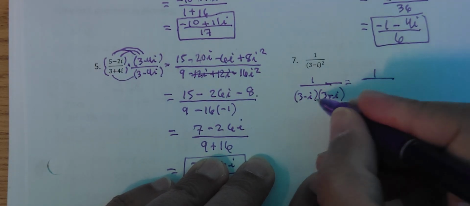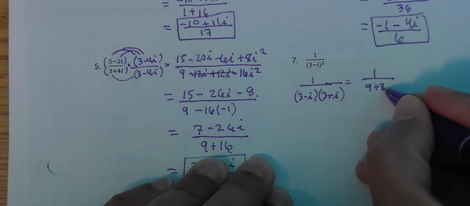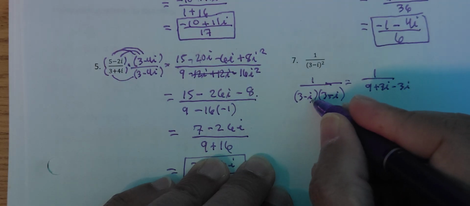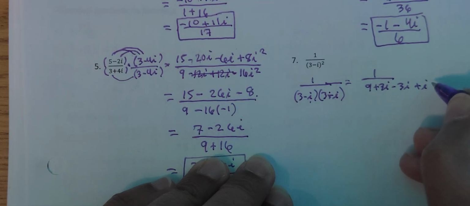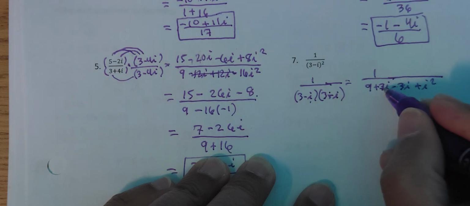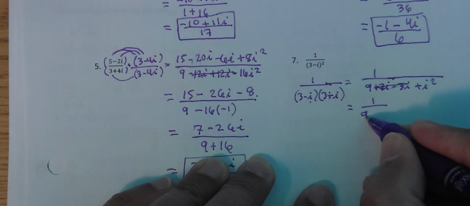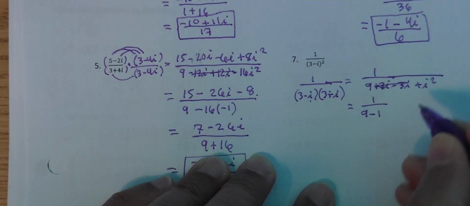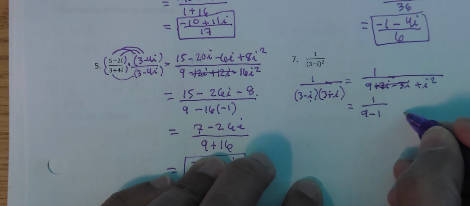So I have 1 over 3 times 3, that's 9. 3 times i, that's 3i. Negative 3 times i, that's negative 3i. And negative i times i, that's positive i squared. Okay, so then the 3i's cancel. So then we have 1 over 9. And notice this is i squared, which becomes a negative 1. So it becomes 1 over 9 minus 1, which is